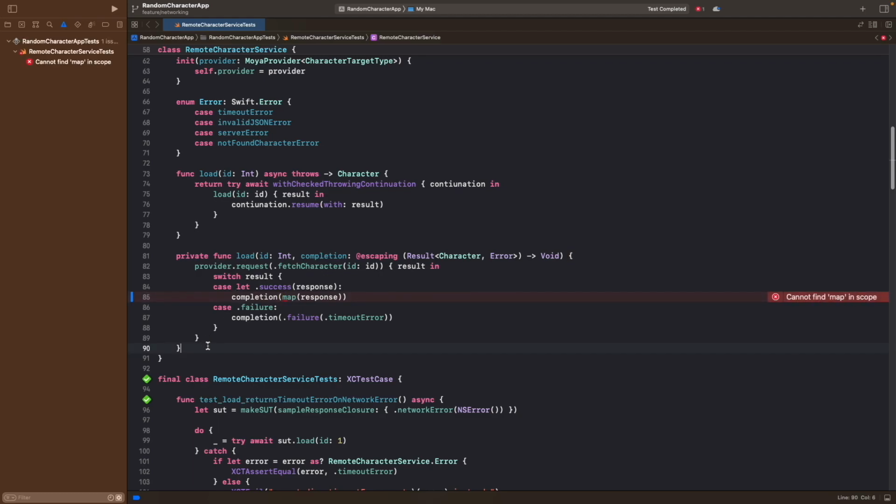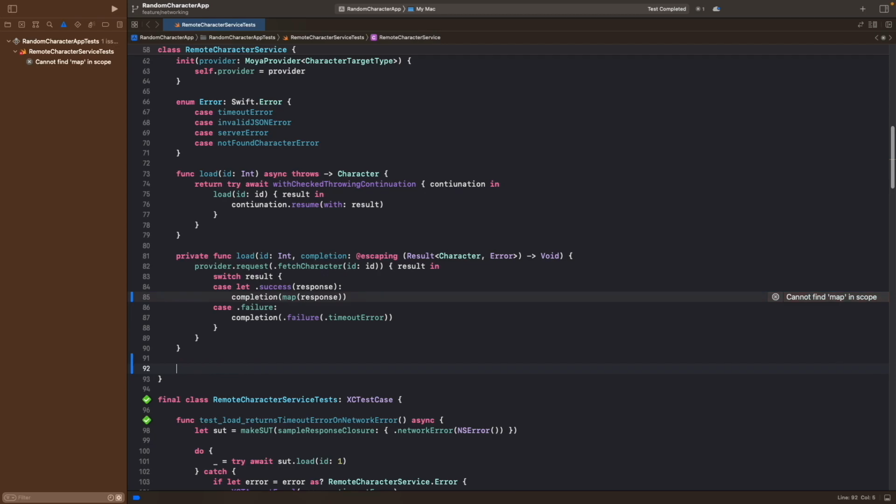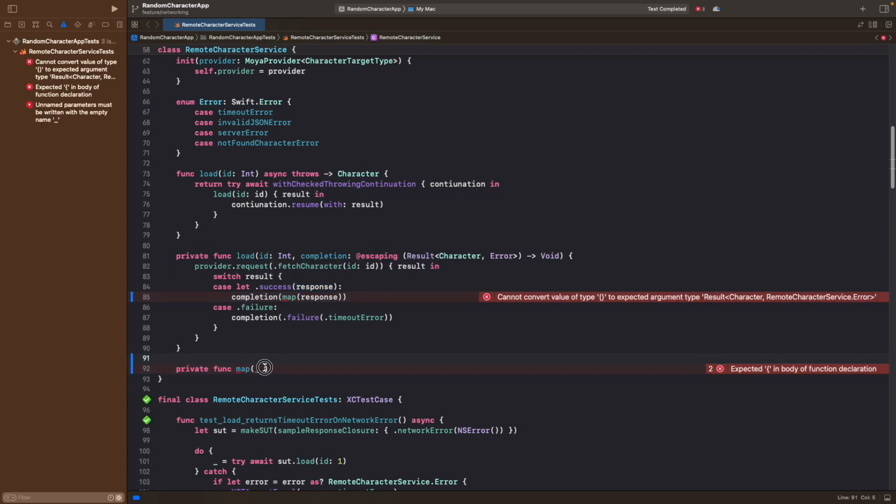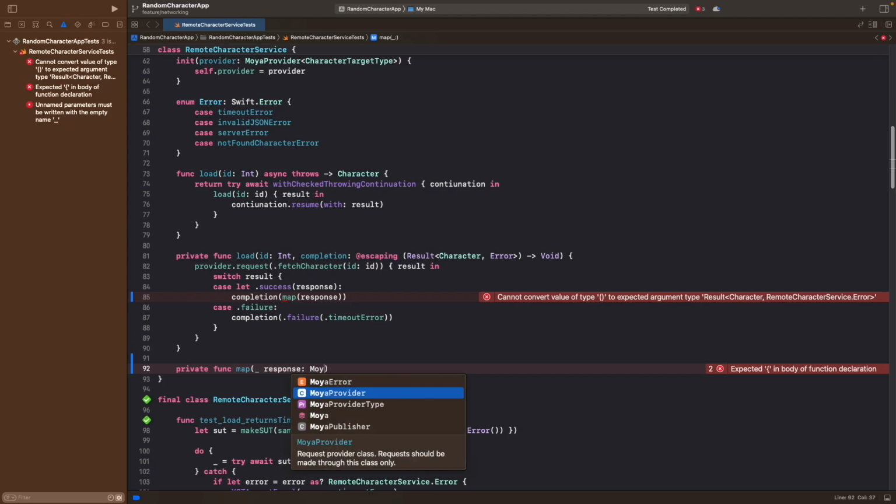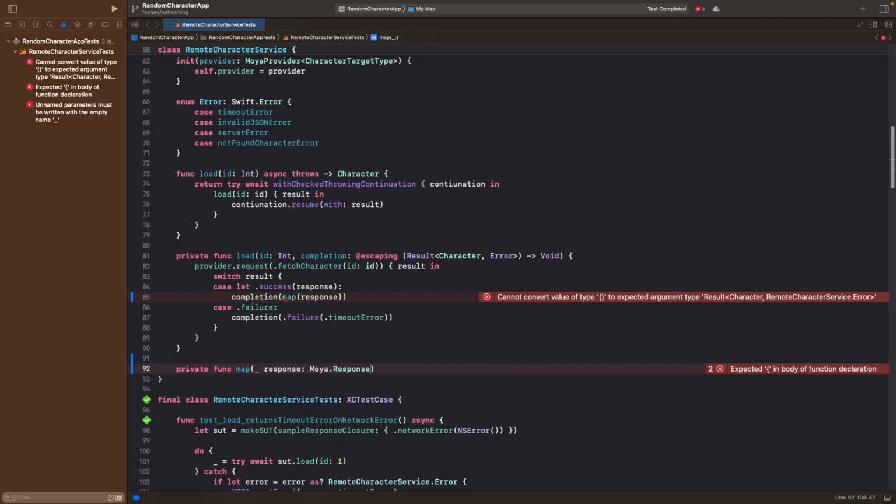And of course I believe we need to create the map function, map from the response, and in this case this response is the Moya response. So what we can do is specify the response with the Moya response over here,